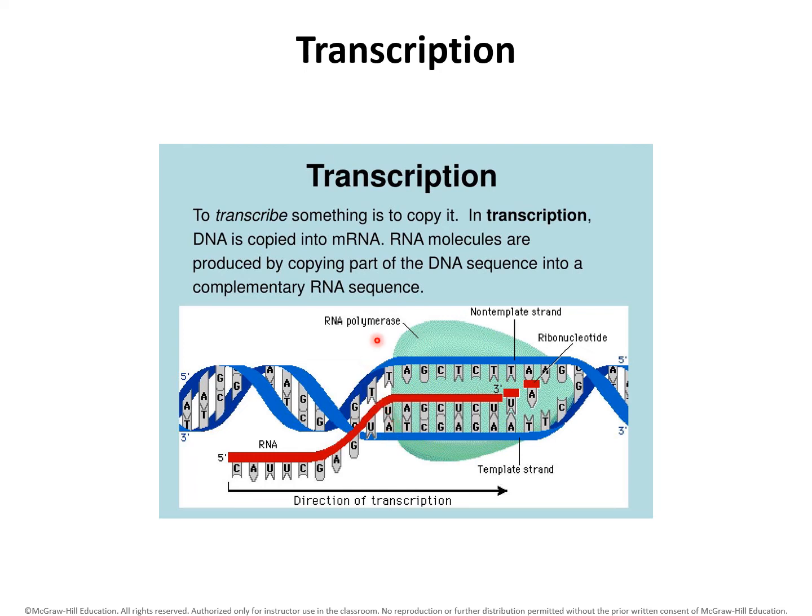Next, RNA polymerase is going to read the DNA code. And whatever nitrogenous base, or whatever nucleotide, I should say, it sees there, it's going to add the corresponding base to the newly growing RNA strand. The RNA strand is shown here in red. Okay, so you notice RNA is a single-stranded molecule. So it will have like one base each. These bases are not paired with anything else at this time.